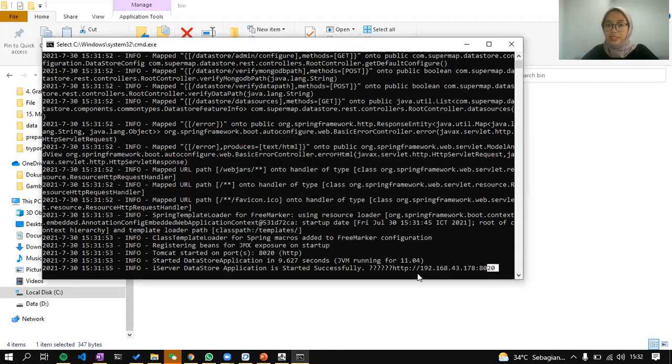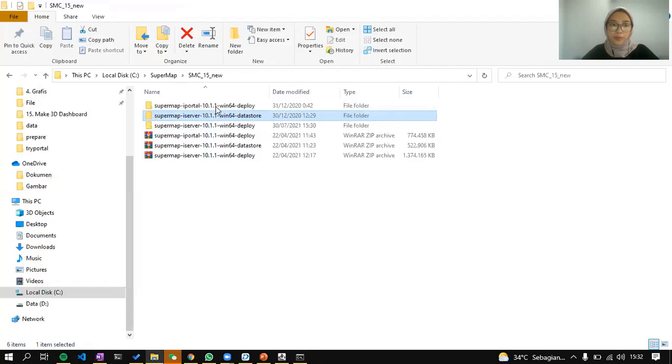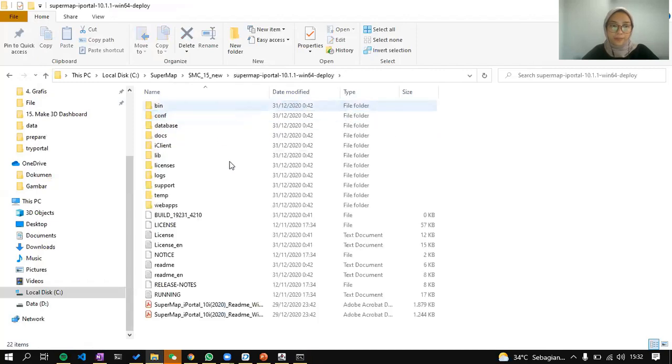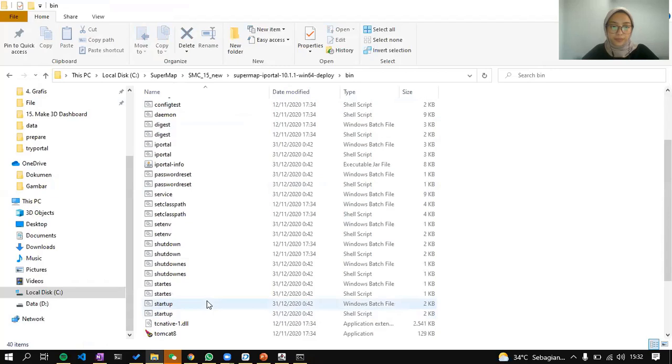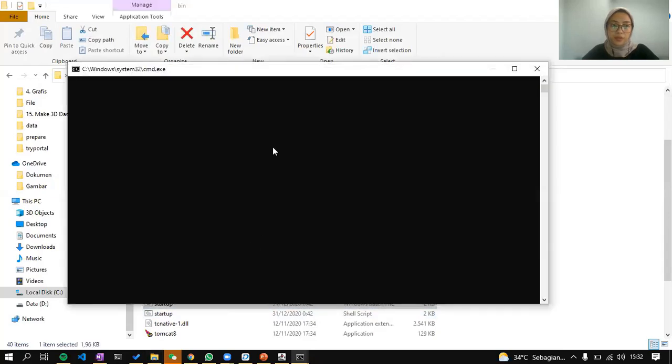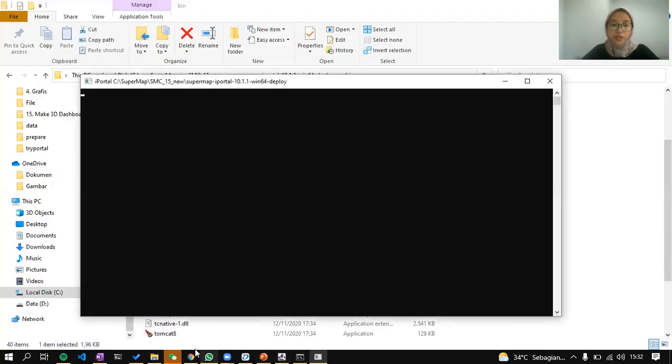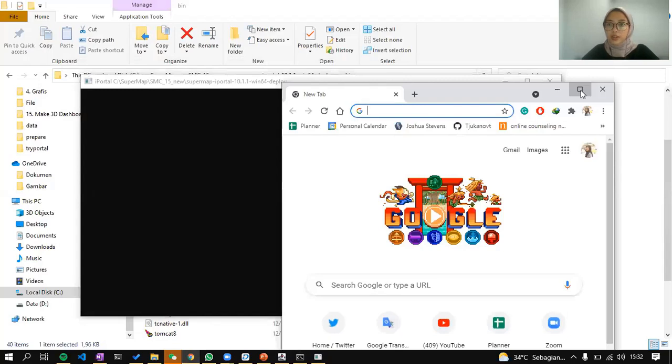And it will run in this IP. And now we will run the SuperMap iPortal. It may take a bit long, so we will now go to the